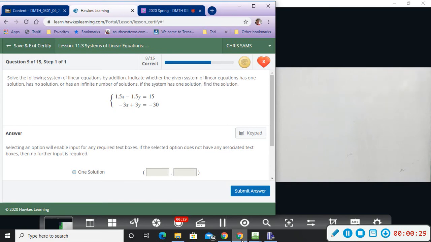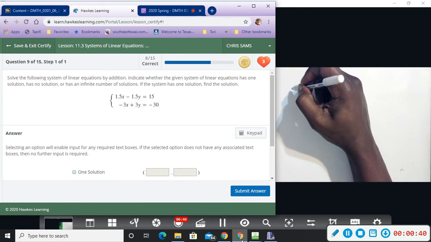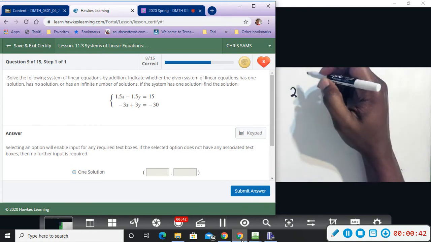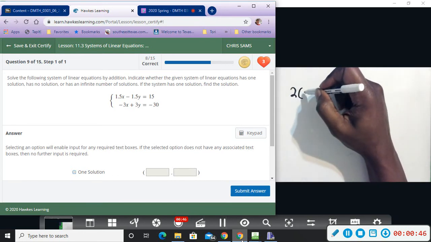However, if you didn't notice that, you can just multiply by 10 and change that to 15 and then get a common denominator from there. But just for simplicity, hopefully you notice that you can multiply by 2 and get whole numbers. So I'm going to multiply this first equation,